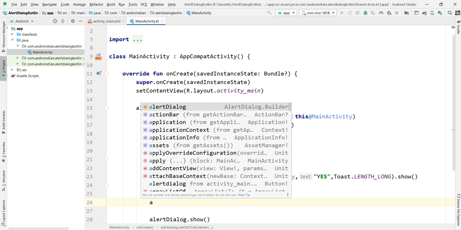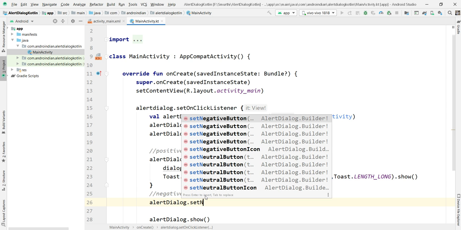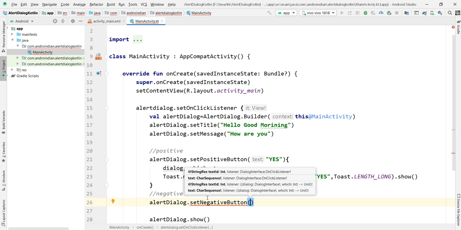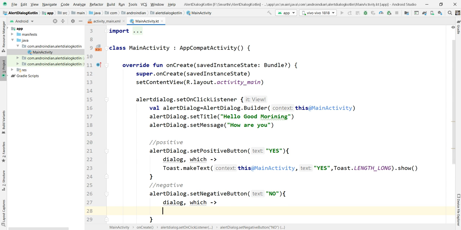Again I'm writing here alert dialog dot set negative button. Here I want to display no. Then I want to show the toast, Toast dot make text.